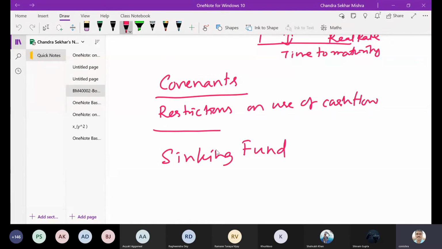Can somebody tell me? It's not a loan. It is also used for something else in a company's financial management or financial planning. Can anybody guess? Where can you use this concept so that you set aside some cash flow, invest somewhere, and get that money at a particular point of time for some purpose? Tell me one more example. Like this was repayment of loan principal amount. Anyone?